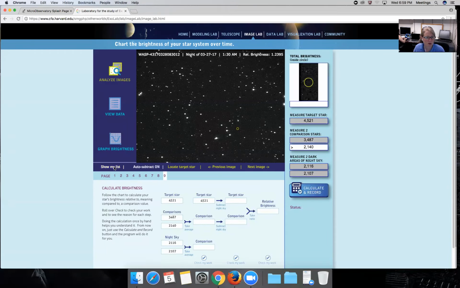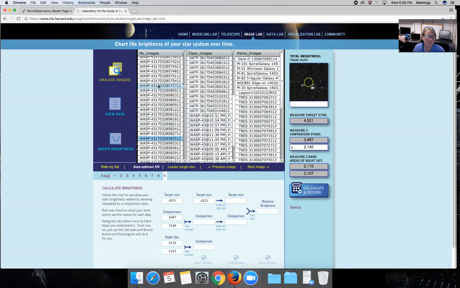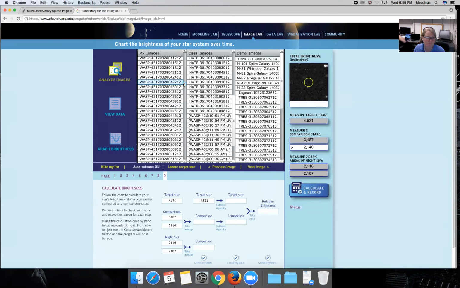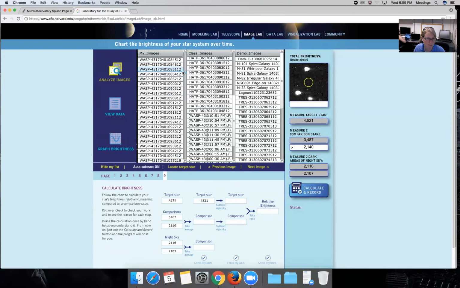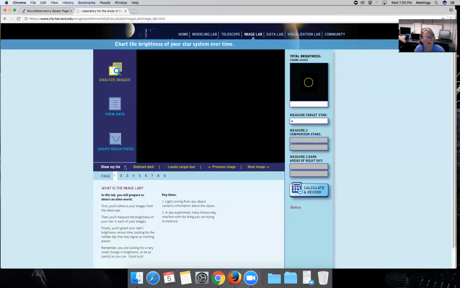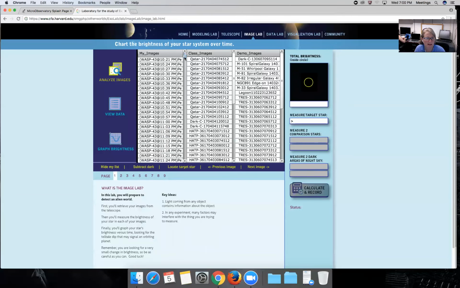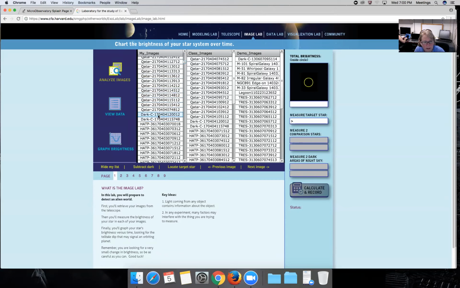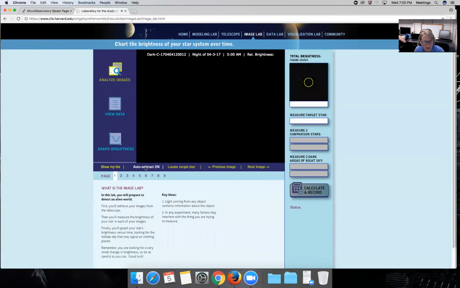So to do that, I'm going to show my list. And we're going to take a look at the Cotter 2 data set from 0404. Here it is. Actually, since I have an auto subtract from, it still thinks I'm on WASP 43, I'm going to refresh. I'm going to go up here and refresh the page. Sorry about that. So I'm going to show my list, find that Cotter set, go to the bottom of it, find the dark, subtract the dark,